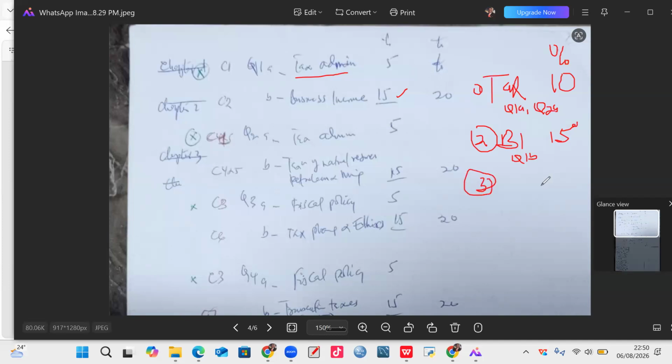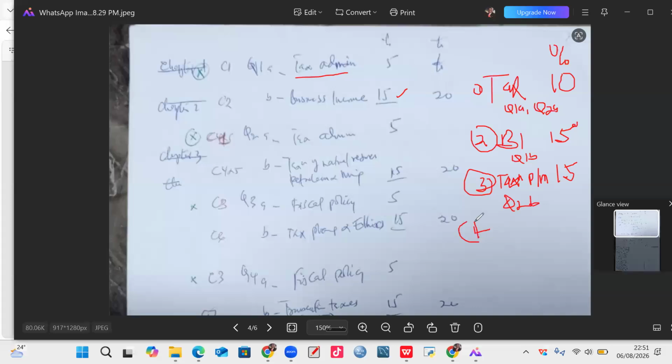Number 3, if you are going with taxation on petroleum and mining, you always get 15 marks. Where would you find this question? You see it in question 2B. Always it will be there. For the next 3 years, it will be there. So when the lecture says this lecture note is on petroleum and mining, know that it's 15 marks. If you deal with both of them, you're going for 15 marks, and that question will be question 2B.